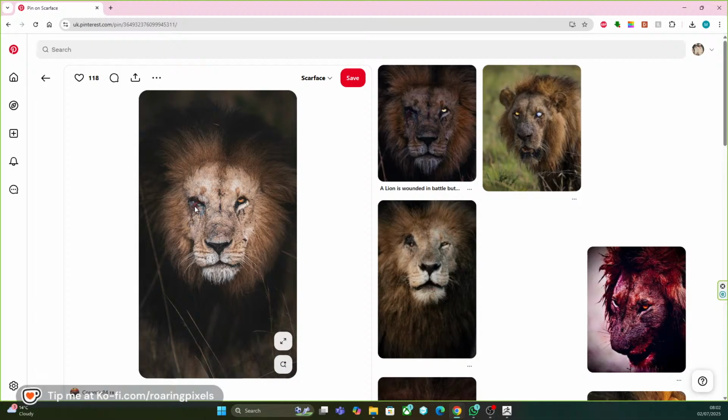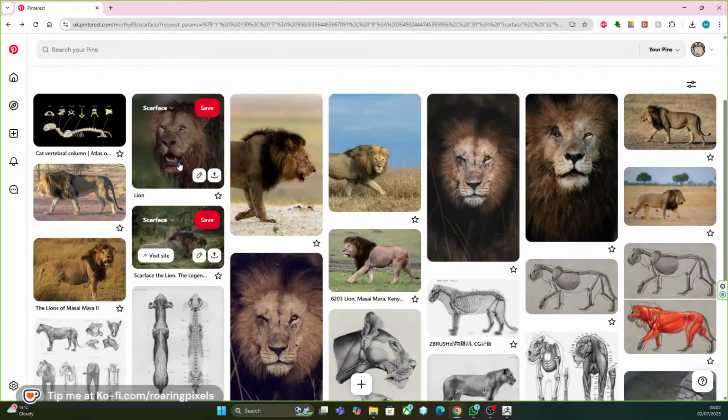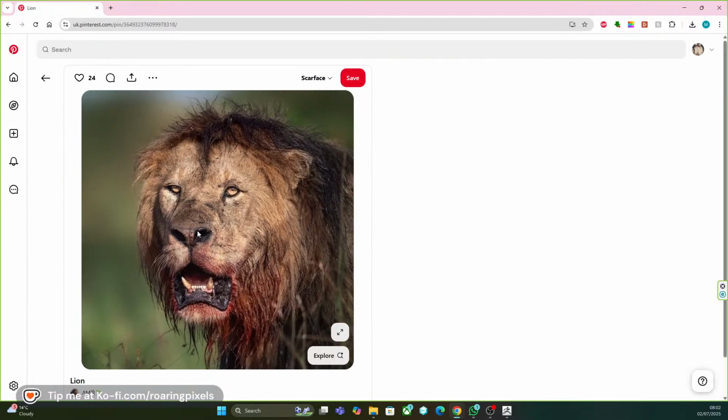We will look at all of these close-up images of his eyes, scars, and also I have this one here. This is mainly reference for fur, because when we do our hair and fur grooming, I want to have some of these bloody wet hairs here, as if he's just had a meal,